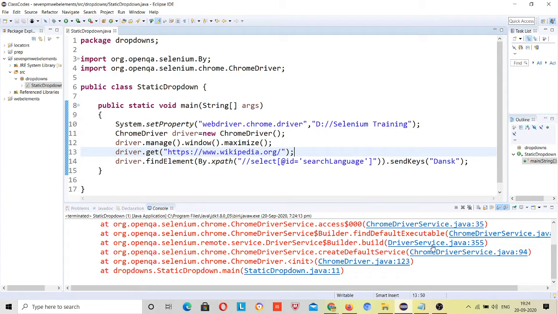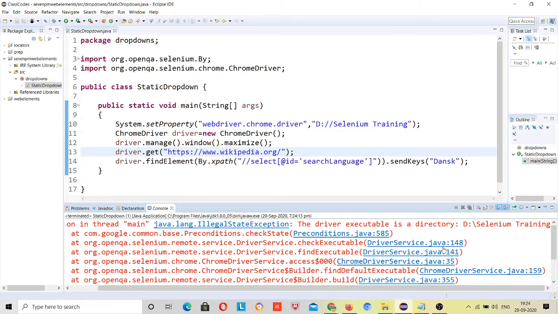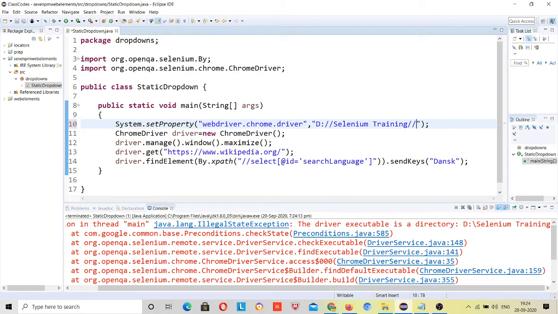There is some error, let's check that. Driver executable directory Selenium. Okay, I have not given the chromedriver.exe, right? Chromedriver.exe.